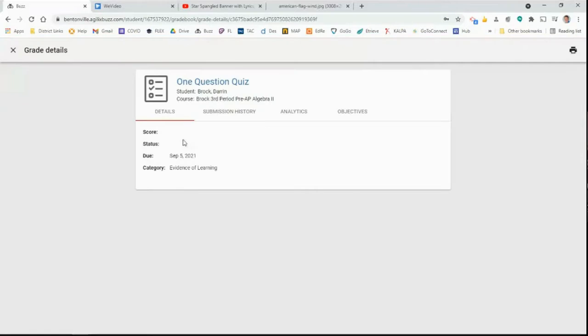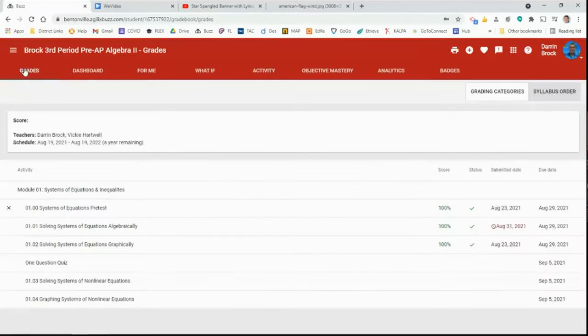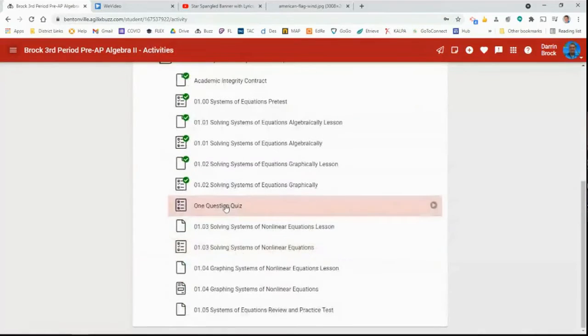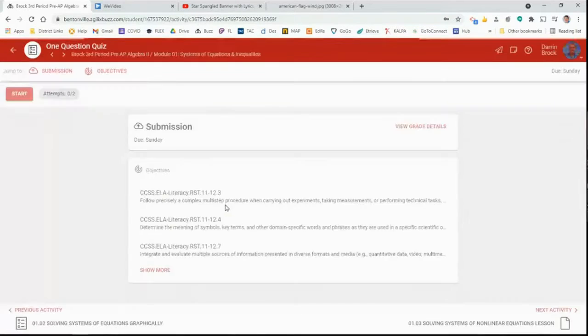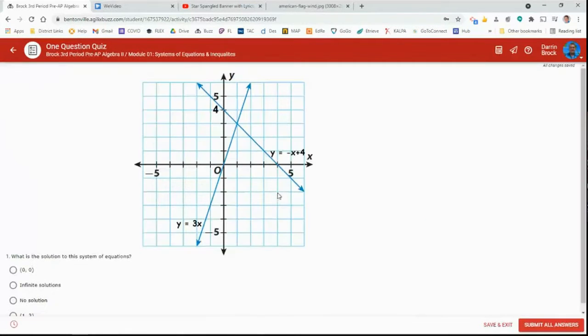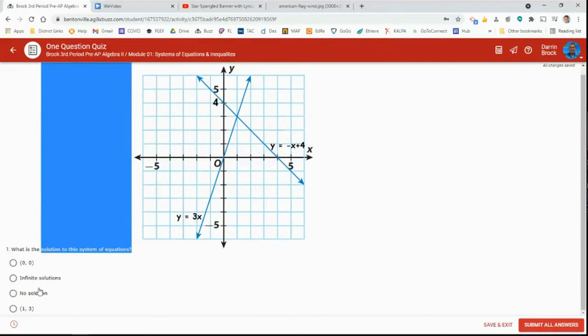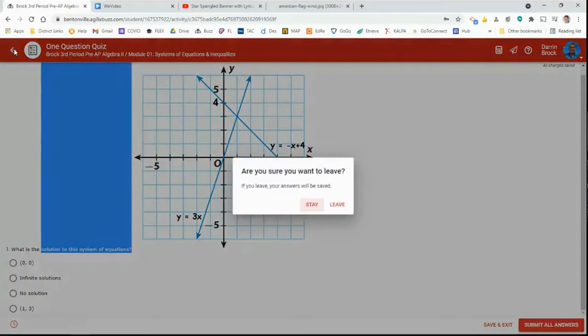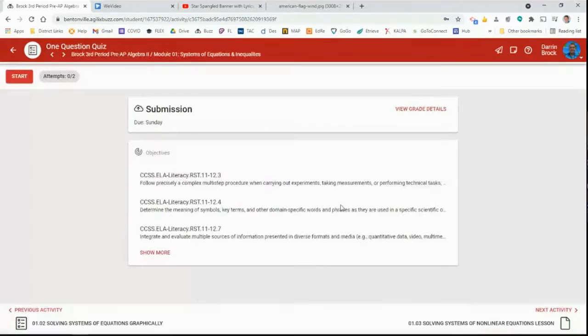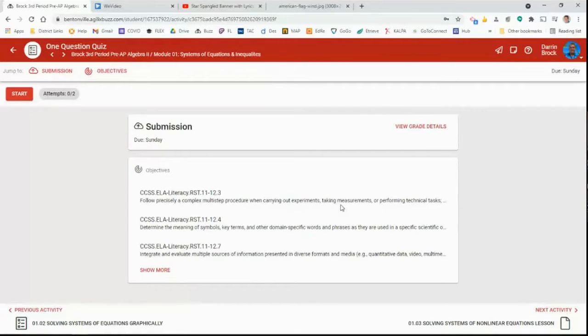Let me show you the one question quiz. I can't show it to you that way. I got to go back to the activity screen. One question quiz. It really is just one question. It gives you a graphing problem. With that graph, what is the solution to that system of equations? From lesson 102, you should know which one of these options is correct. It's a quick one question quiz, which will give you an evidence of learning grade, right? So we'll actually have an evidence of learning grade from that